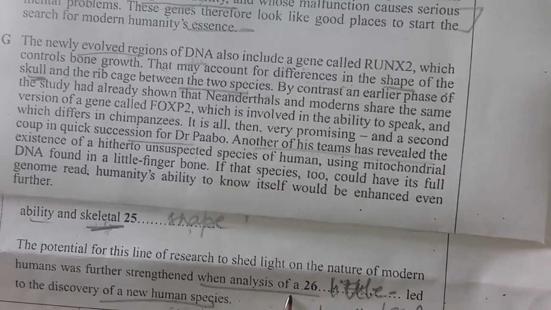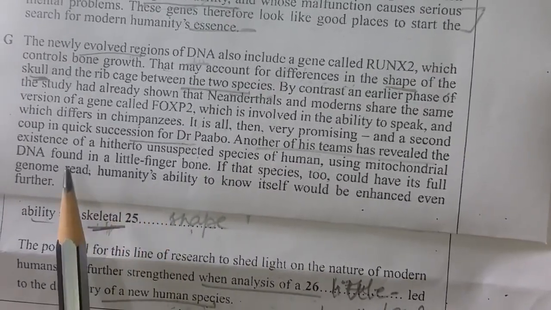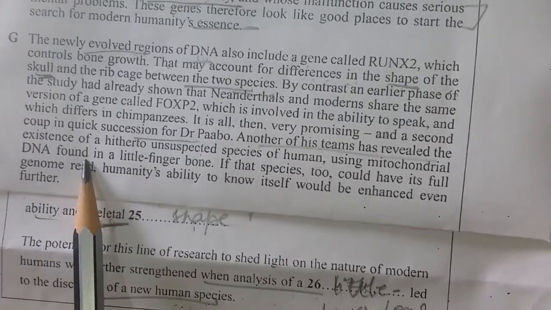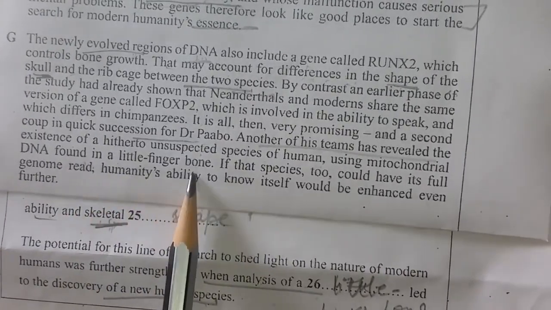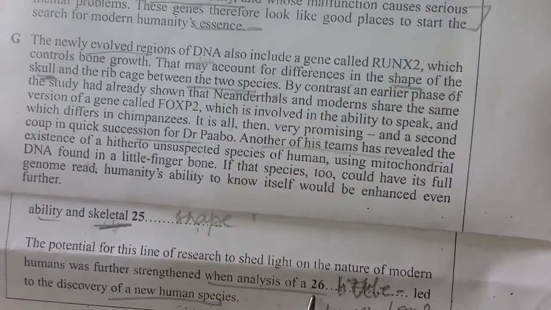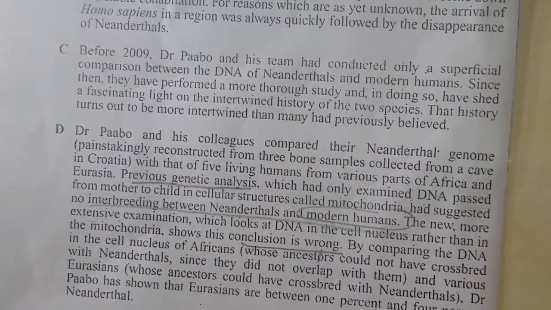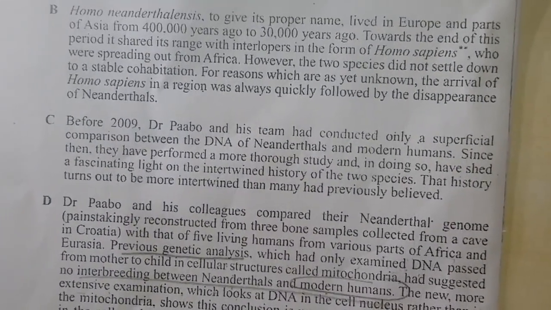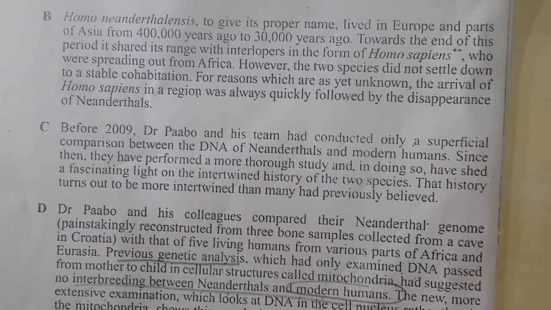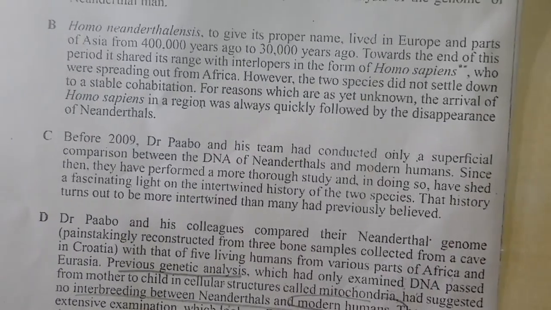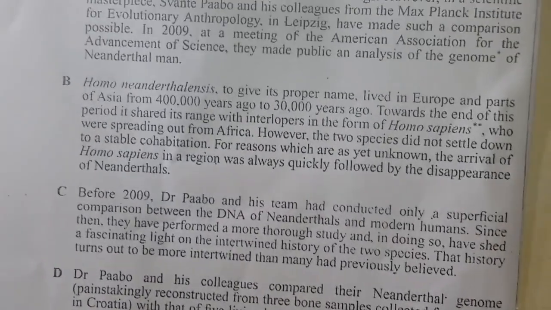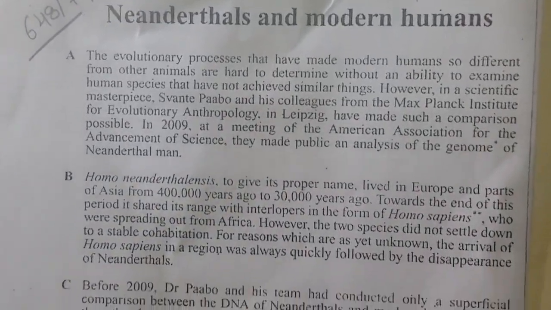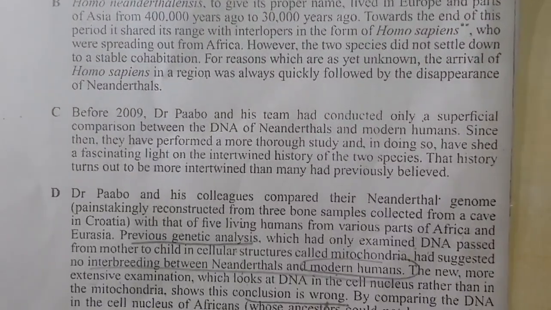And what is the discovery of, or found, right? Analysis of DNA found in a little finger bone. So this we did in front of you. Whatever I have got from my mind here, we can get other things also, right? Because there are others also. Even if you want to be clear, I can check the interbreeding also.